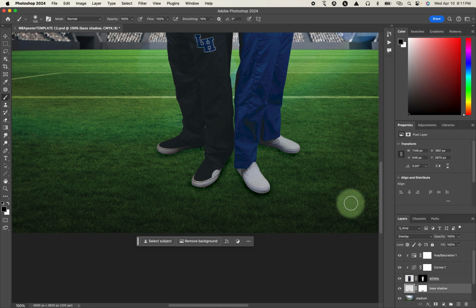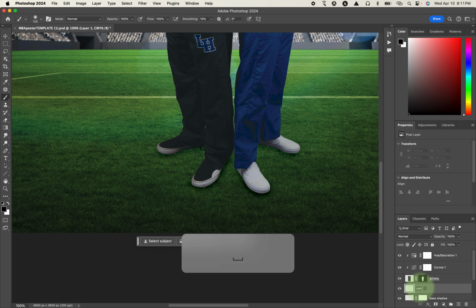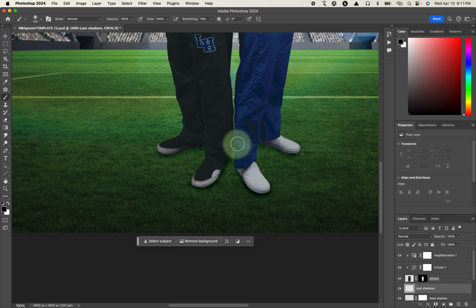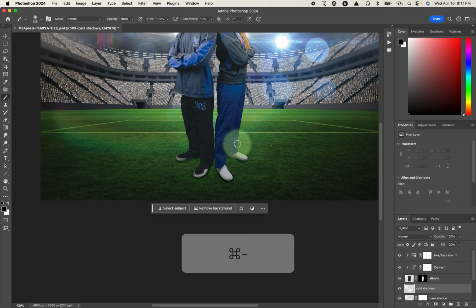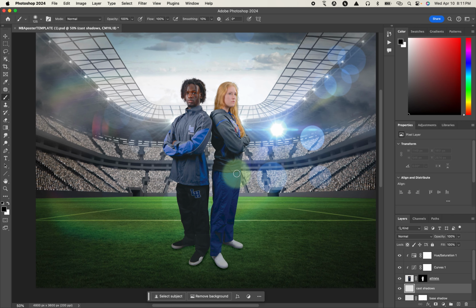The next step is to create the cast shadows. So I'm going to create another layer here. I'm going to call this cast shadows. And the cast shadows have everything to do with where the light is coming from. You don't have to do this, but I just want to show you where the lights are coming from. So I'm going to select my line tool again, and there's light coming from here,